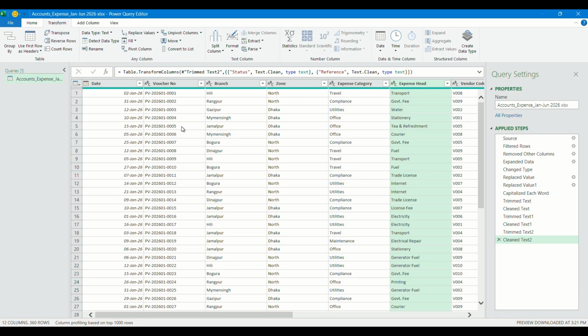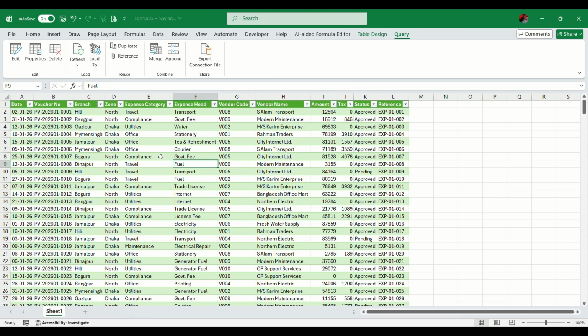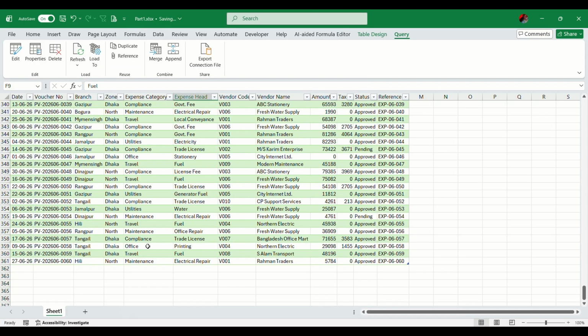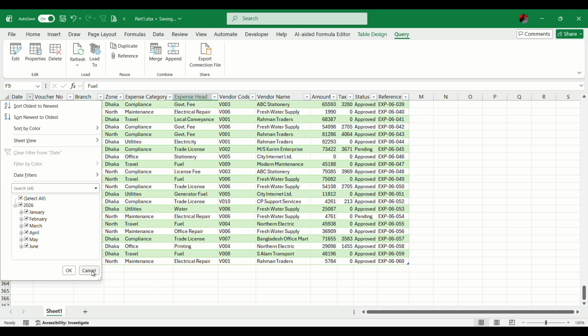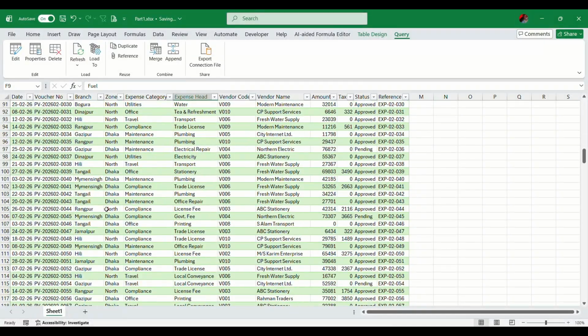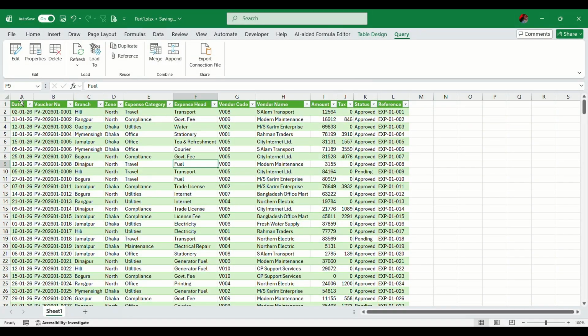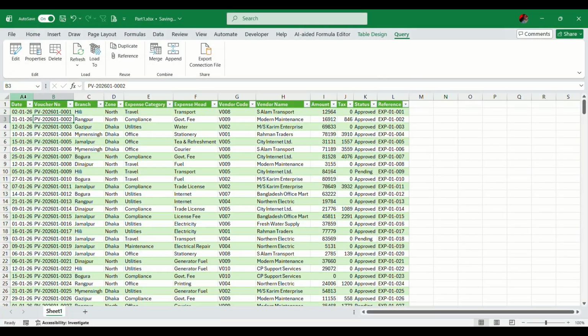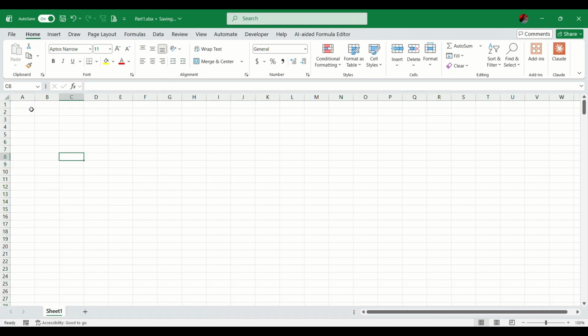Right now we have all the data available to close and load. As you can see in this sheet from January to June, all the data we have are in here. So I already generated this data into this workbook. That's why I couldn't show you one step that you might have when you do this close and load. So let me do this again for you. Let me remove this, save this,